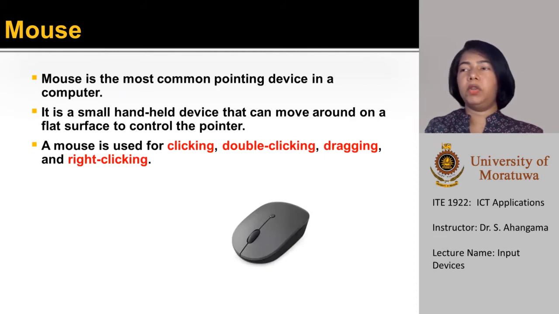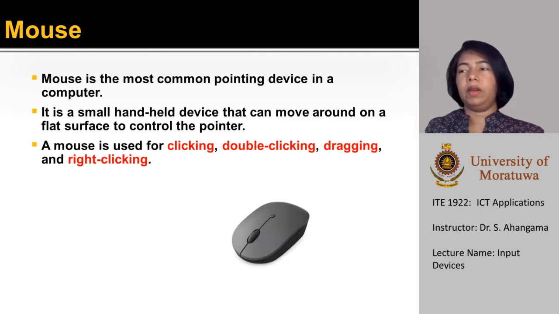Now, let's move on to mouse. Mouse is the most common pointing device in a computer. Mouse is a small handheld device that can move around on a flat surface to control the pointer. When the mouse is rolled across the surface of the desk, the cursor moves a corresponding distance on the